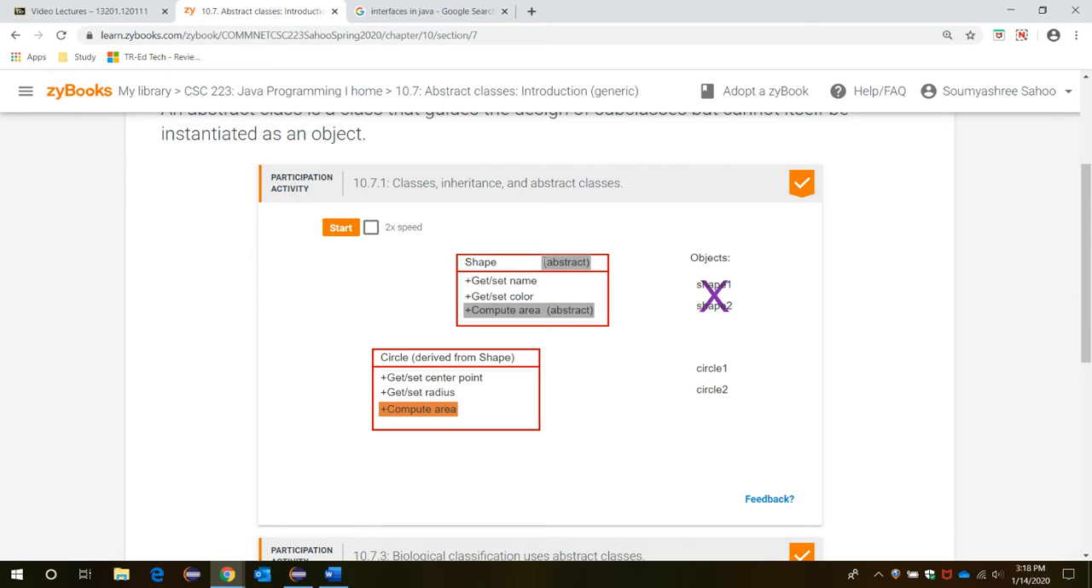So shape is the class which is one abstract class, and circle is supposed to be derived from the base class shape. And here get set name and get set color are the two members which are public, designated by the plus sign, and compute area is one public member function which is also abstract. So if one function is declared as abstract, then it should not have a definition or a body. So that abstract method should be defined in the derived class circle, which is derived from the shape class. This type of notation is called Unified Modeling Language notation, UML notation, that we are going to use